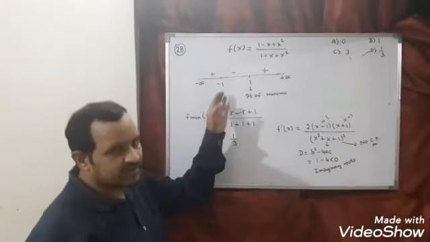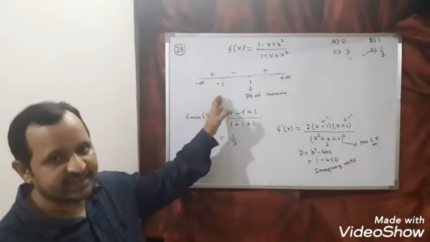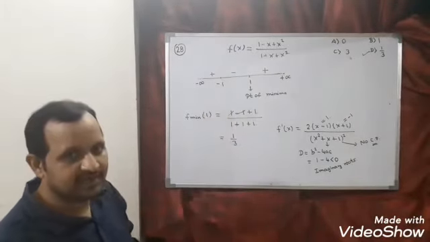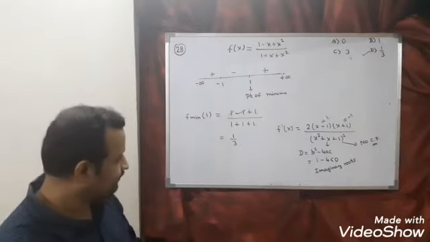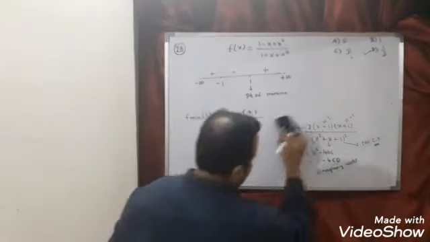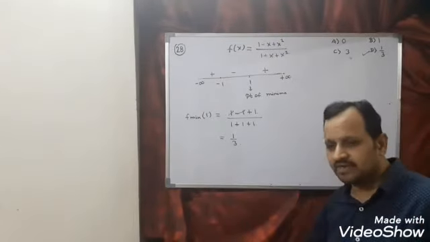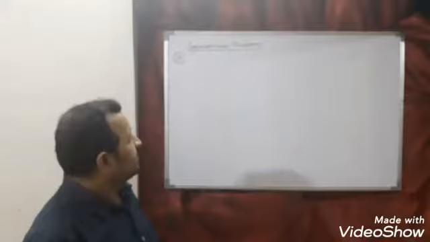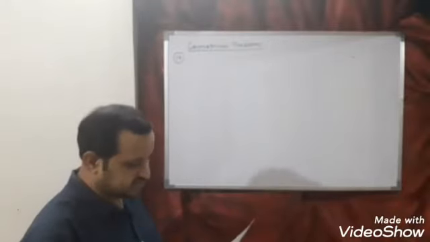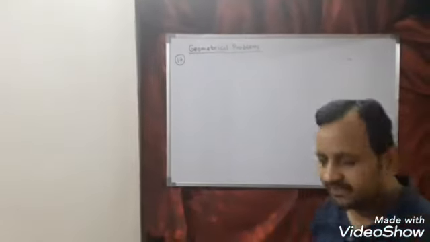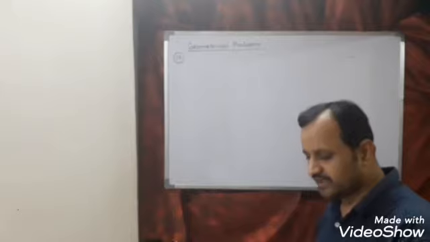The same question you can do by applying the second derivative test, but I think it will be somewhat lengthy. So I think it is clear how to find maximum and minimum value. Let us see geometrical problems, and this is question number 17, and question number 17 is a square piece of